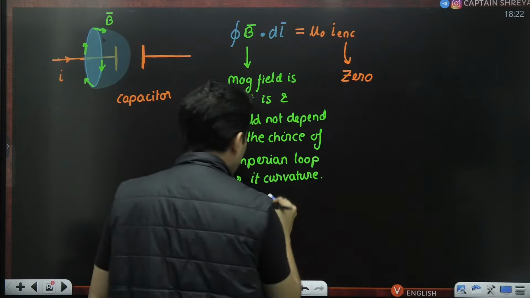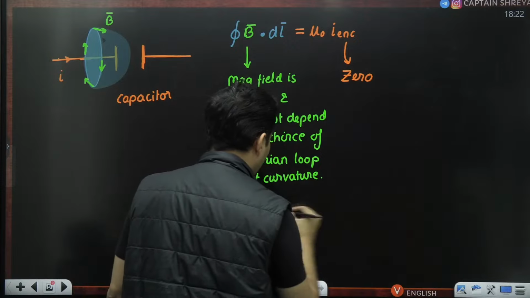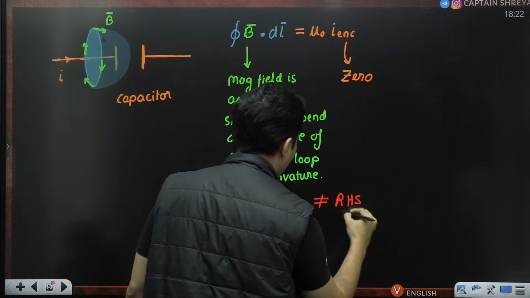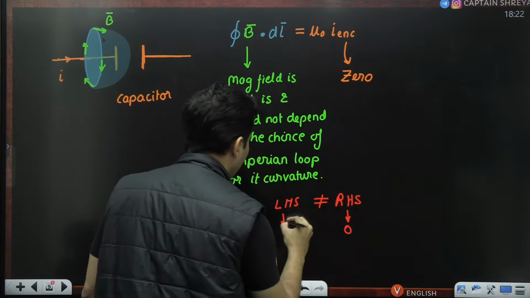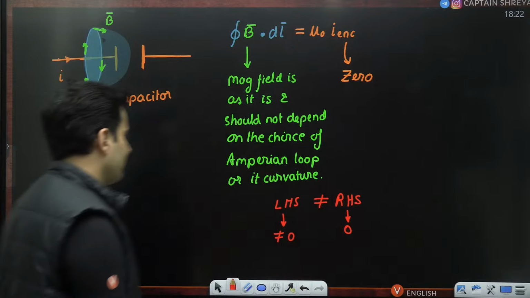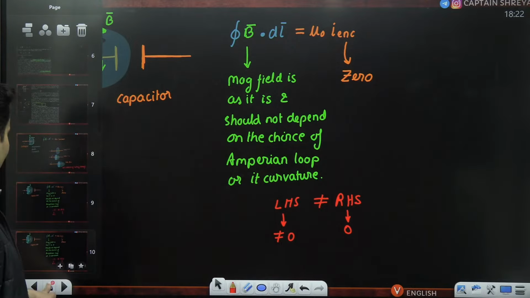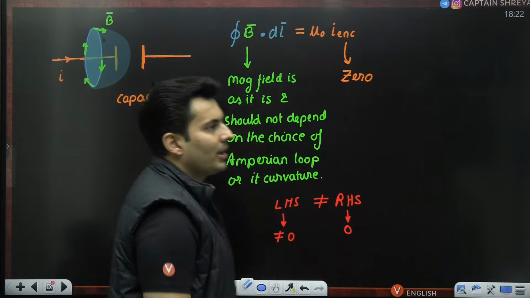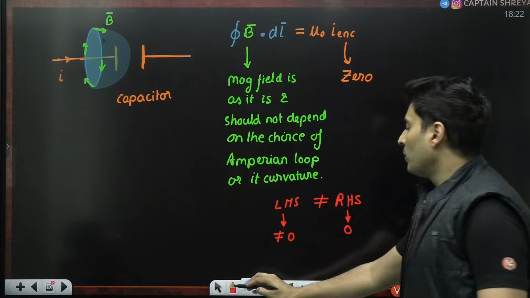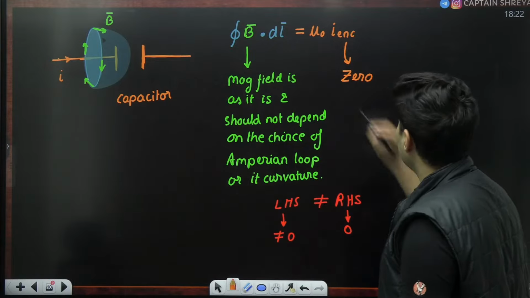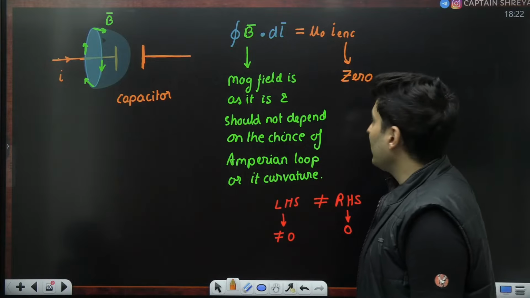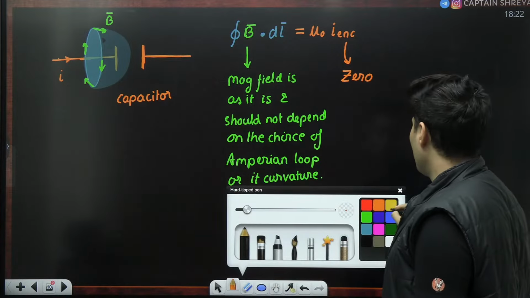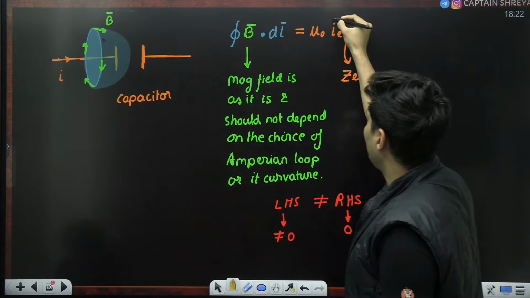So definitely our LHS is not matching the RHS. RHS is 0 and LHS is obviously not 0. To overcome this trouble, they finally understood where we were going wrong. The place where we are going wrong is that there is a missing term in the Ampere's loop law equation. Yes, there is a missing term in the Ampere's loop law equation, and the missing term is as follows: